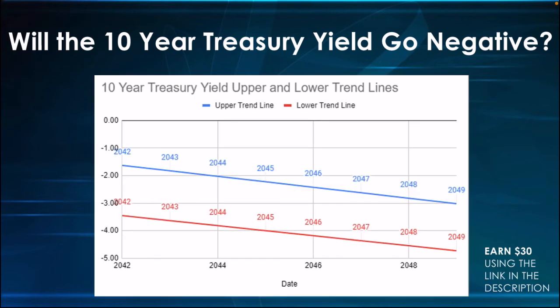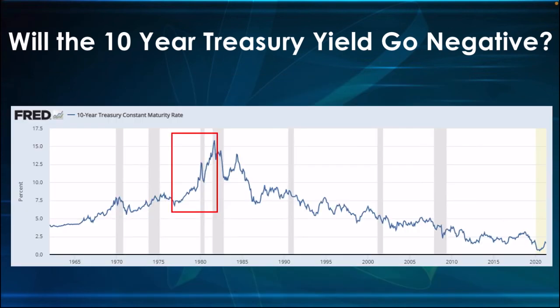By 2049, the upper trend line is set to be around negative 3%, and the lower trend line is set to be around negative 4.5%. Since 1988, we've been maintaining a trend that's been fairly consistent, but you can see where the